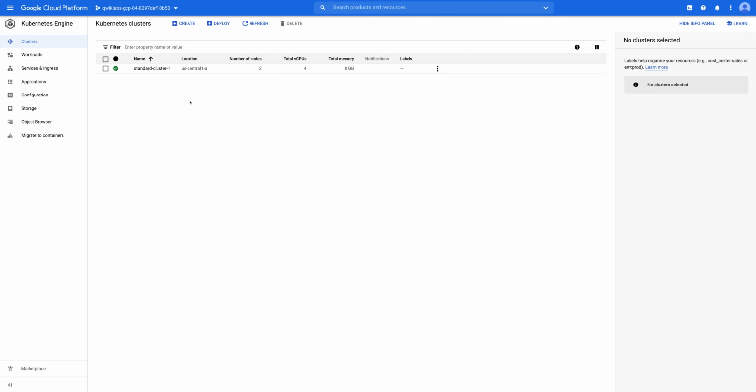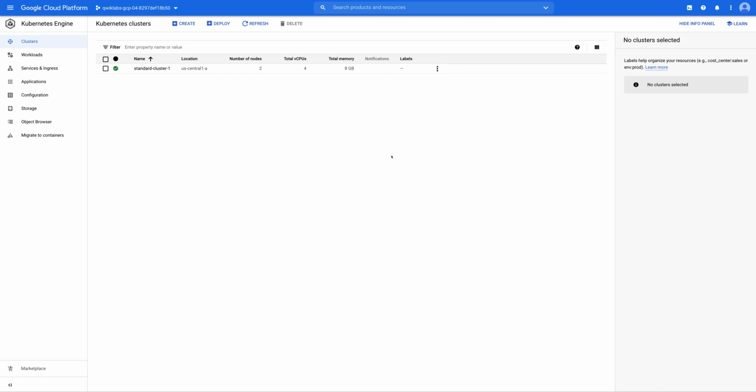So today, instead of using the console for deploying pods, we are going to use manifest files that contain some configuration required for deployment, and we are going to deploy those using Cloud Shell, or you can use your own terminal by using a gcloud connection to it. I am going to use Cloud Shell, and you can follow along, or if you just want to watch, let's start.